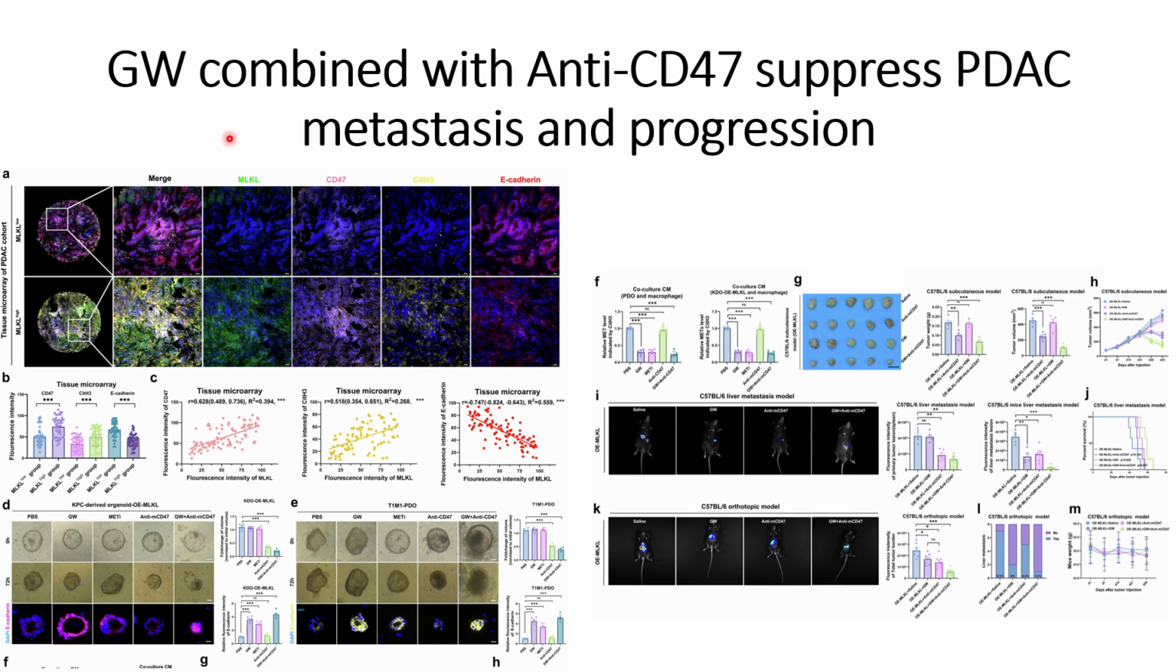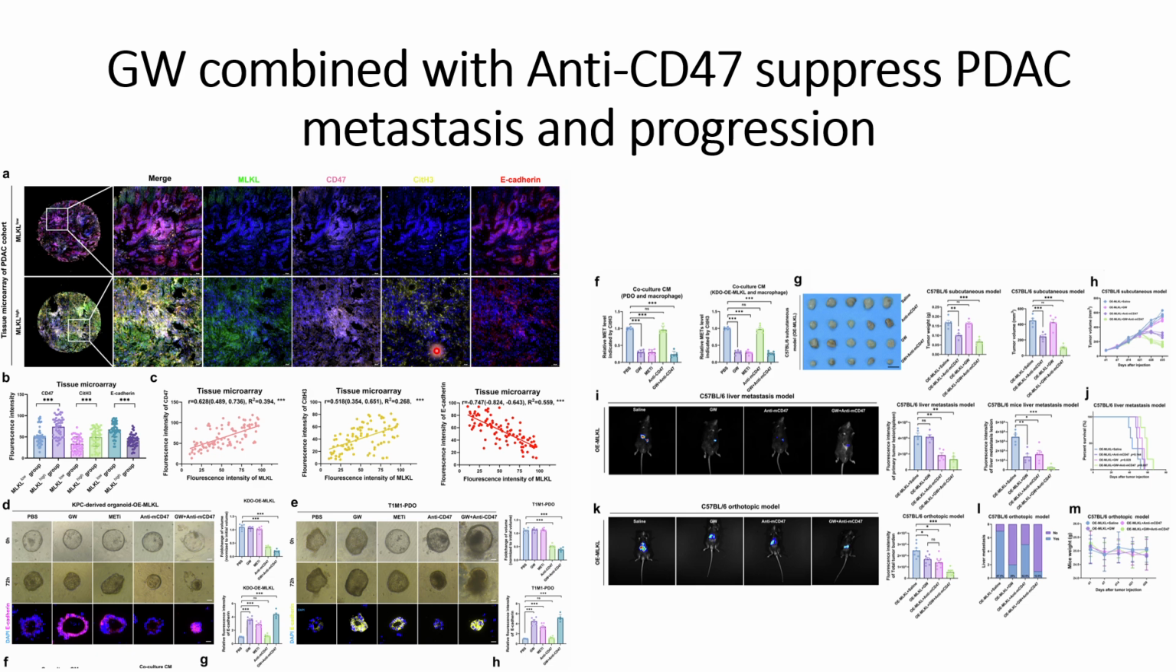So in this video they will use that information to check whether they can suppress PDAC metastasis and progression or not. First they took these tissue arrays. They used tissue samples from patients affected with PDAC that have different levels of MLKL expression. For the patients that have high MLKL expression, they can see more CD47 production, and